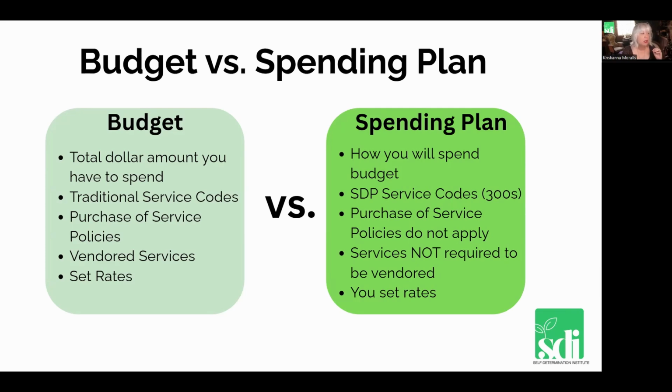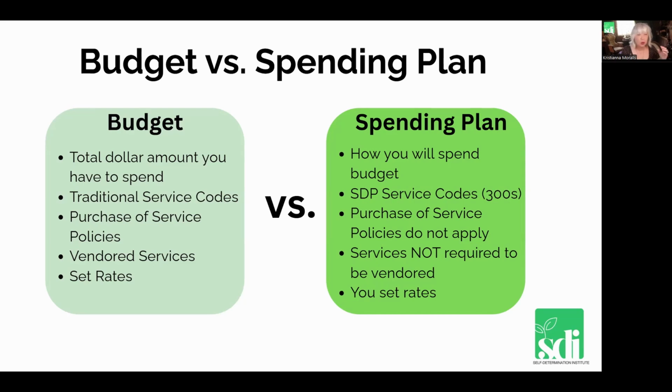You are under the purchase of service policy rules, which means we have 21 regional centers. Each of those regional centers has a purchase of service policy for their services. These policies can vary between regional centers. So I'll give you an example. One might say, we have a rule that we're only giving 4 social rec per year. And another regional center could say you can have unlimited.